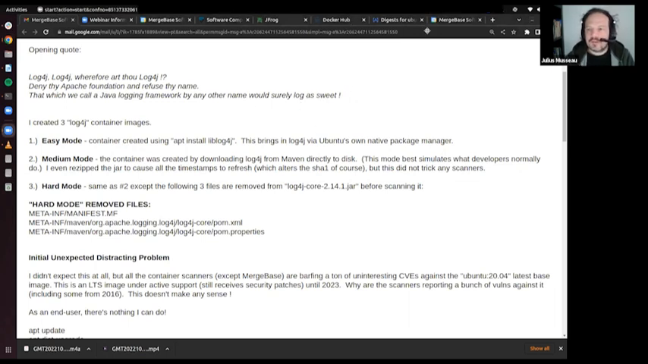So to start with, I just want to ask who here is familiar with container scanning? Who here has done a container scan before? You might have done it by accident too. You might not have done it on purpose. For example,